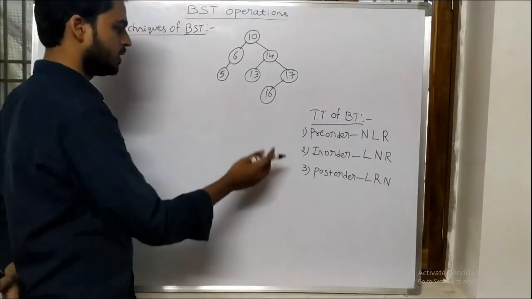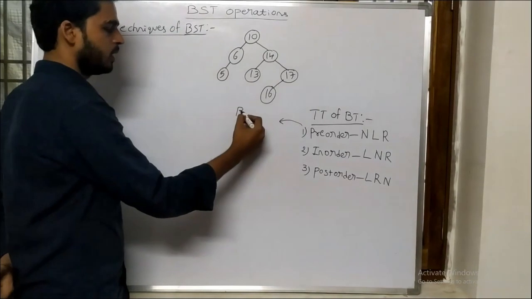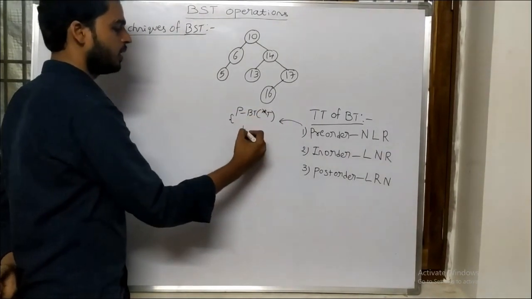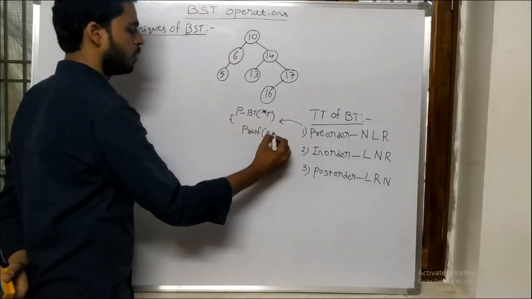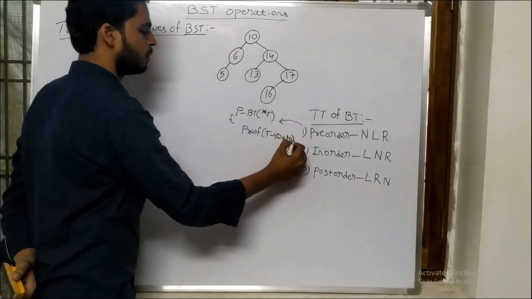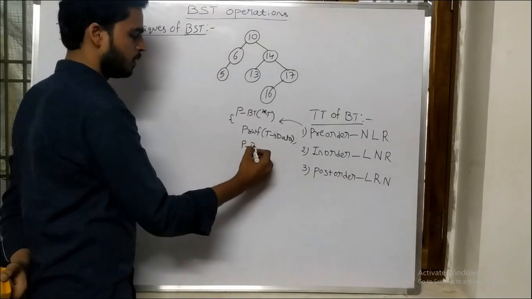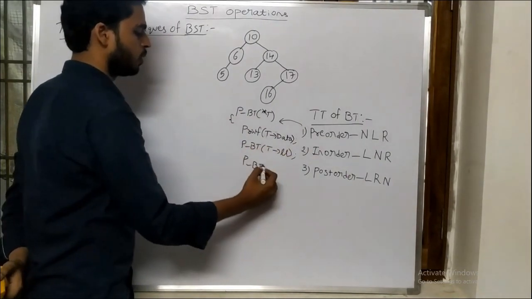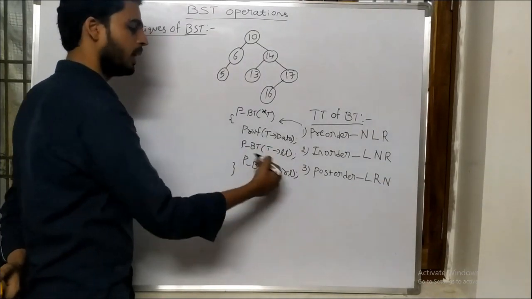Next, the corresponding logic. For example, I am just writing the implementation logic for pre-order. I am taking pre-order of a binary tree with a node t. I simply visit the node, right? printf of t -> data. Then I will go for the left subtree completely, that is preorder of binary tree of t -> left link, then preorder of binary tree of t -> right link. That's it. Already I explained.